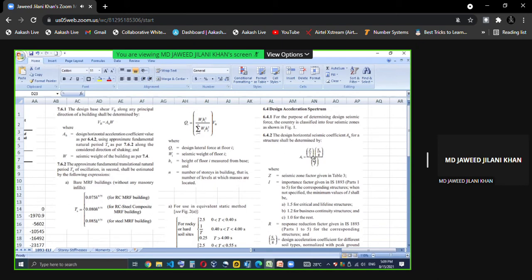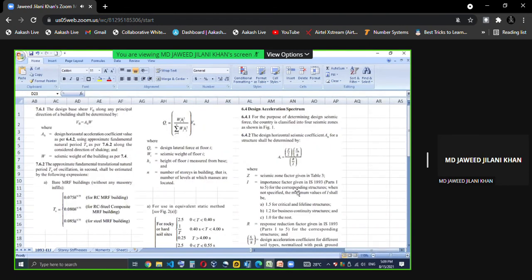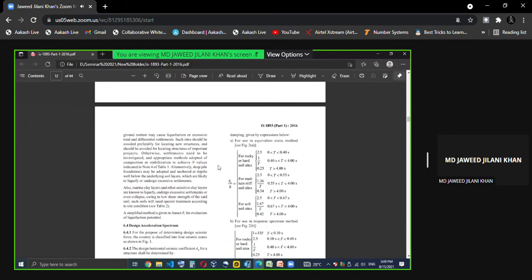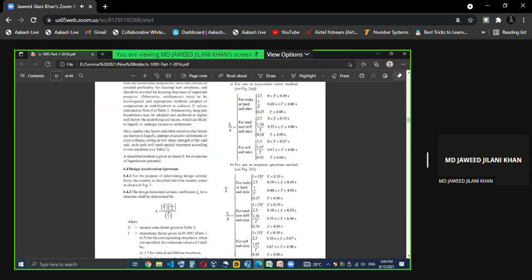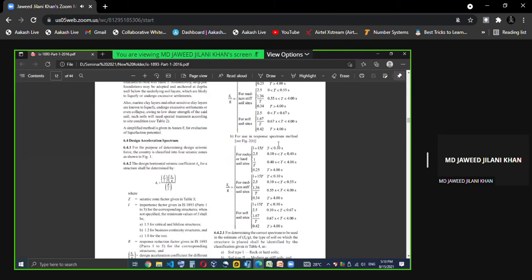Now what is SA by G? How to calculate SA by G? SA by G can be calculated as per this Indian code you can see here. SA by G is given for the equivalent static method which we are doing, and for the dynamic response spectrum, which we will see again.